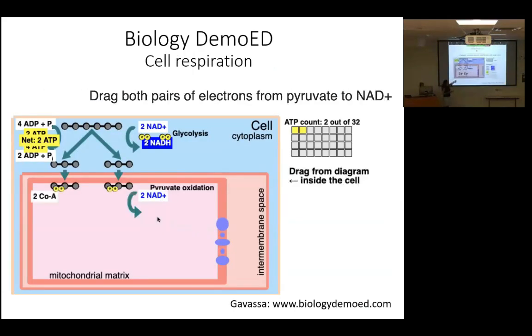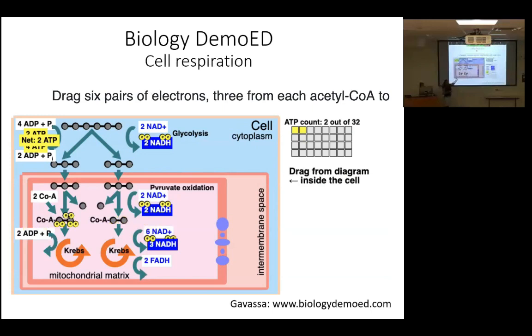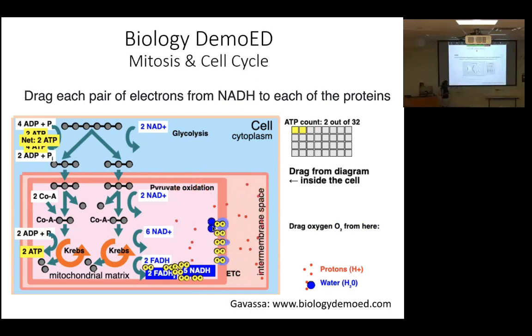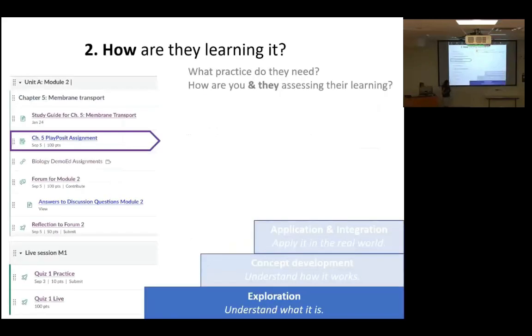And I also have an activity for cellular respiration, where they have to drag all the reactants and all the products, focusing on the movement of the electrons on the carbons. So they have to drag those themselves so that we can see what is the role of the electrons in cellular respiration. I also have activities on the cell cycle, DNA replication, and so on, that I don't have time